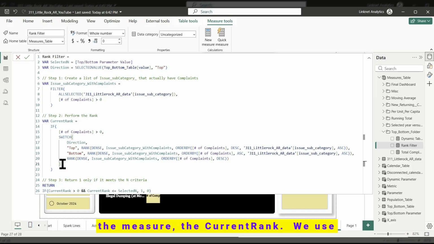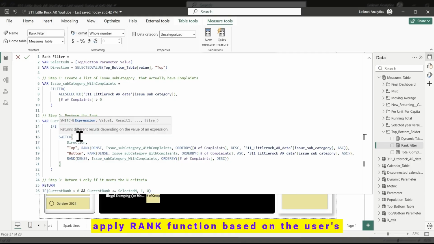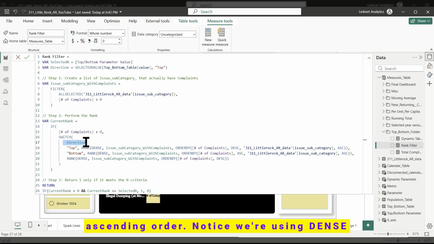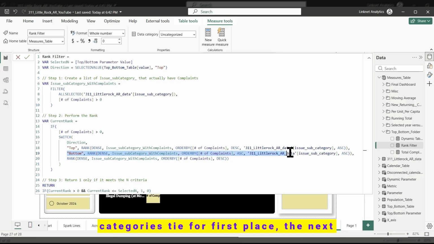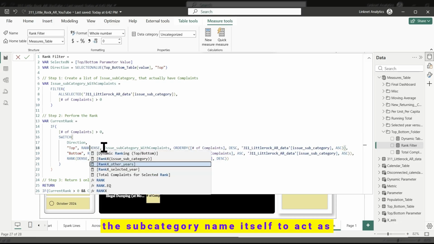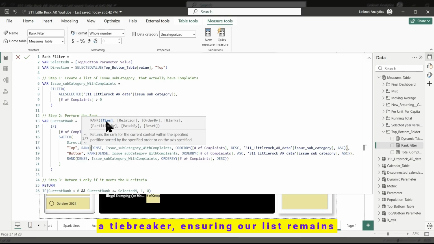Step 2 is the core of the measure, the current rank. We use a SWITCH function to determine how to apply the rank function based on the user's choice. If top is selected, we rank the number of complaints in descending order. If bottom is selected, we switch to ascending order. Notice we are using dense ranking here. This means if 2 categories tie for first place, the next category is ranked second, not third. We have also added a secondary sort by the subcategory name itself to act as a tiebreaker, ensuring our list